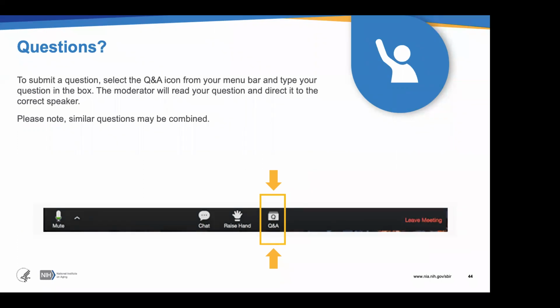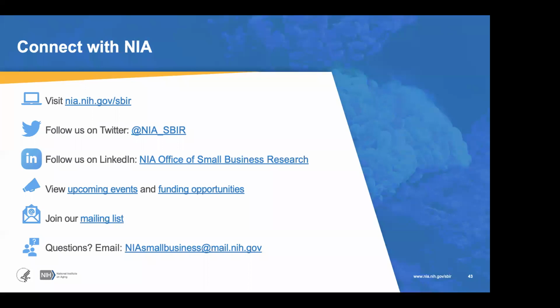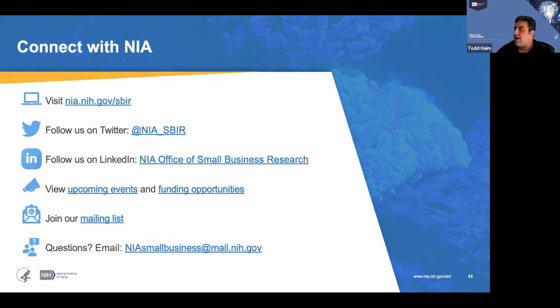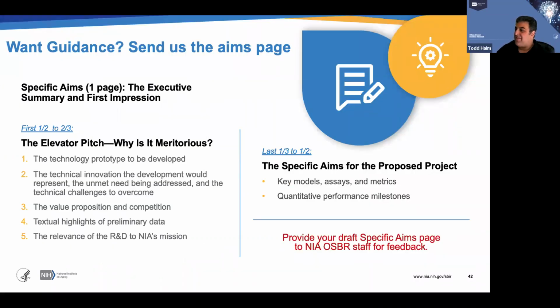The next question relates to the direct to phase 2 and whether, if someone submits data that is deemed to be on the earlier side of development, their application would still be considered. This is where sending the specific aims page really helps, because everyone has their own definition of early. So we can directly provide guidance on whether your project is at the right stage of development if you send us that aims page. Chhanda and Rebecca, anything you want to add there?